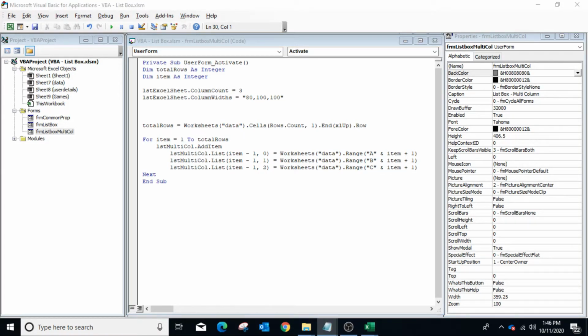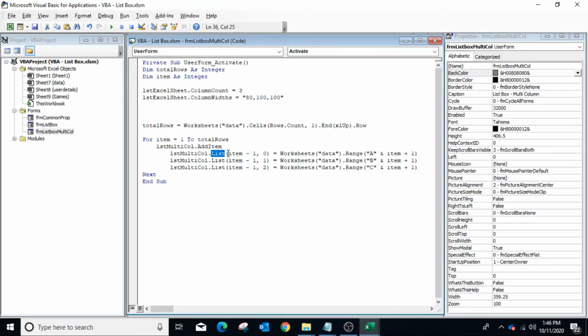Now in order to populate a multi-column list box using add item, there are two steps. Add item is used to create a new row, and to add data in each column of the list box, the list method is used. This method takes two parameters.